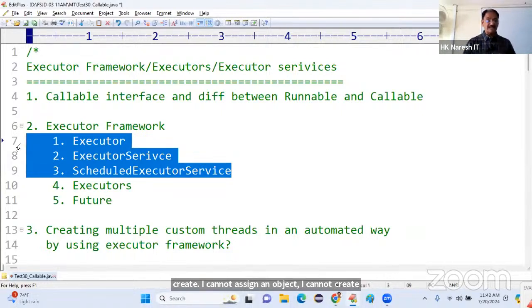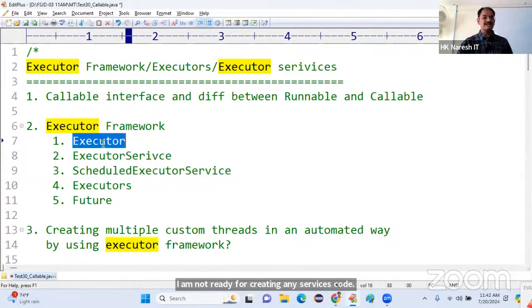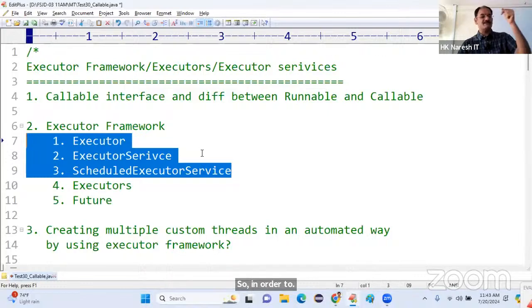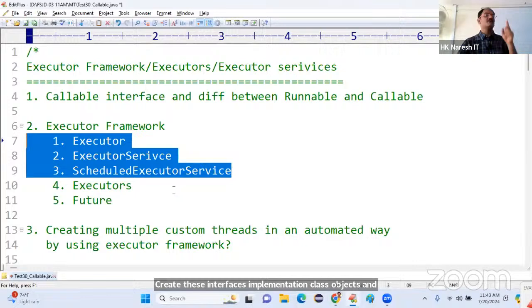Tell me, as a developer, I am not ready to create any services code. Who has to develop the services code? Sun Microsystems. So these interfaces' implementation classes have to be created by whom? Sun Microsystems. Should I need to remember those subclass names? Not required. So in order to create these interfaces' implementation class objects and return them to our program, we have one